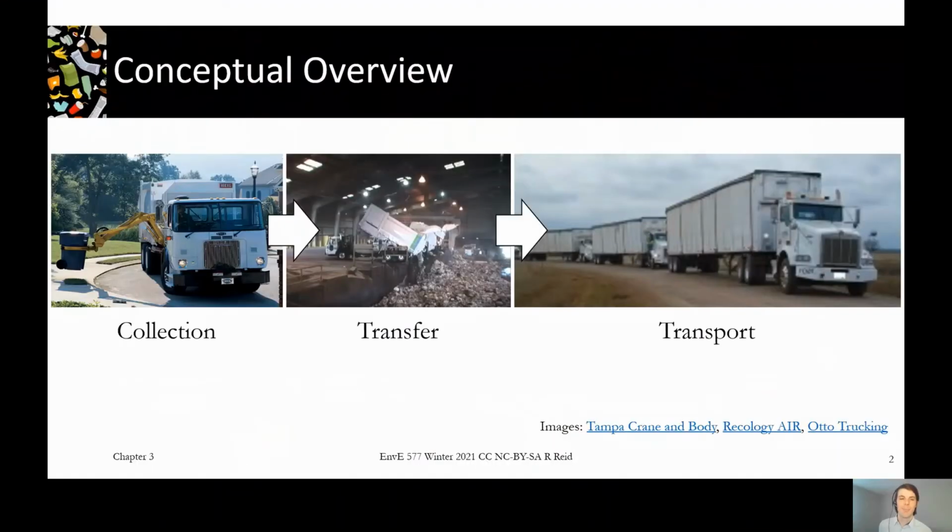In this chapter, we're going to be looking at waste collection. And there's 3 parts to this system that we'll look at in 3 chunks. So the first is the actual collection. This is the part we probably see, the truck coming really early in the morning and making a lot of noise to pick up our waste.